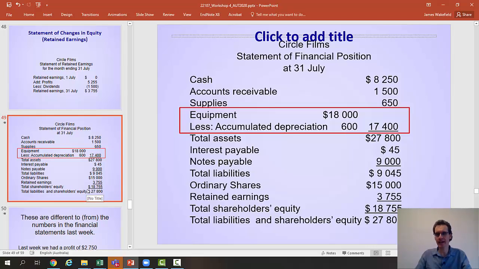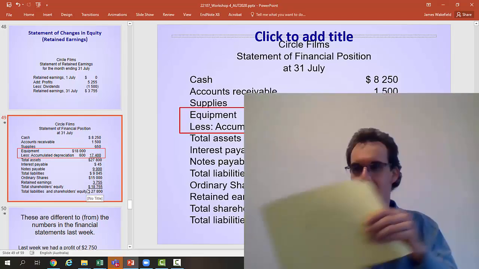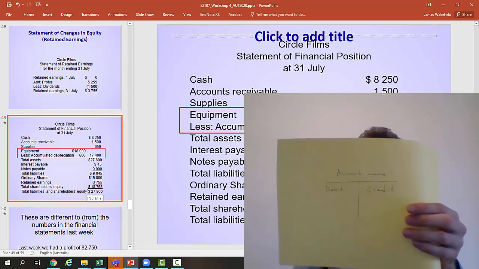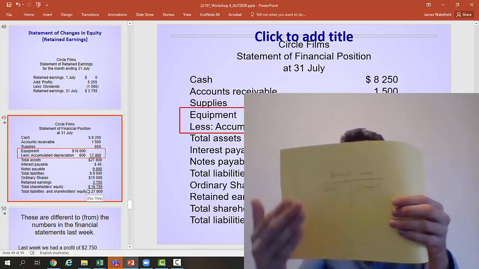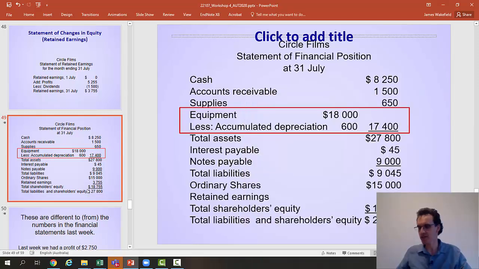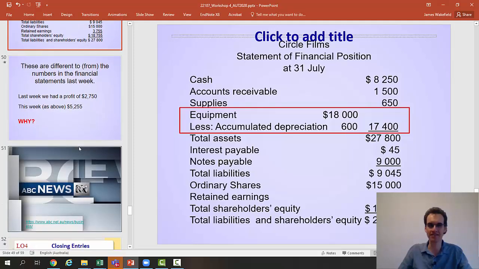How do you consolidate all those adjustments into the final accounts to generate these statements? Well, the answer is exactly what we did last week. You post the transactions to the T accounts that we looked at. So remember, we looked at these T accounts last week, right? So we had a T account for every single account. We consolidate all the information into those T accounts,